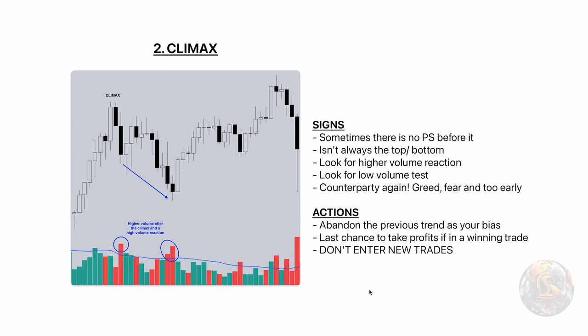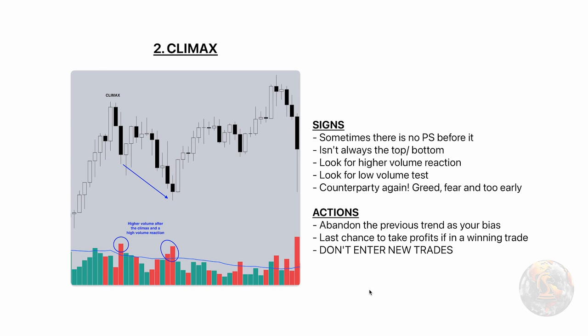Think about your counterparty again. Think about the dumb money and smart money in this stage, as well as all stages, and understand that the greedy traders are always trading in the direction of the trend, meaning they're about to be wrong. So the greedy are longing at the climax even more than they were longing at the preliminary stop. The fearful are always underwater. Think of it that way. The fearful have revenge shorted in this uptrend, or they're underwater. And the early are always right, but they just have bad timing. But keep in mind those people.